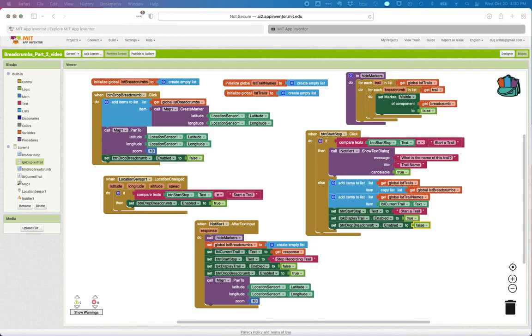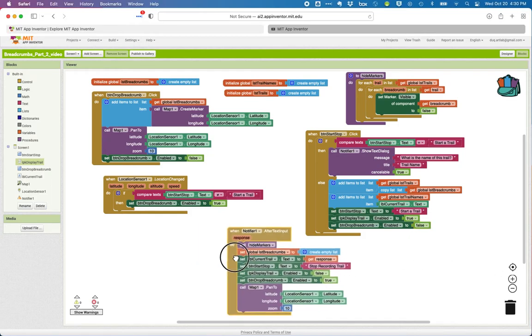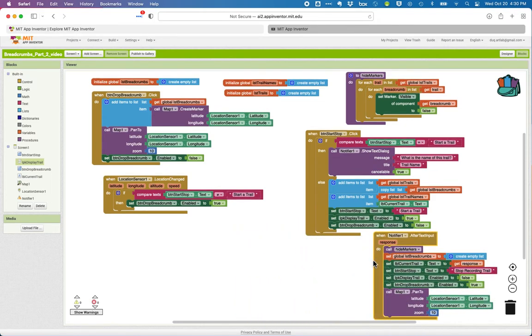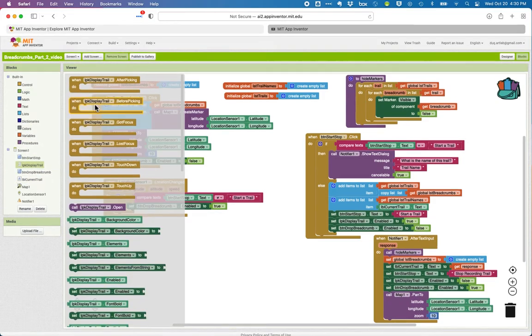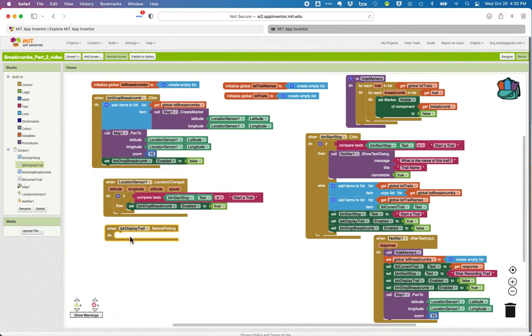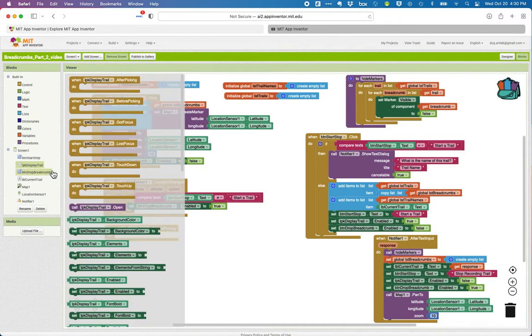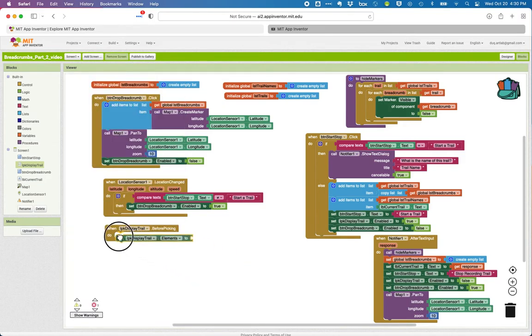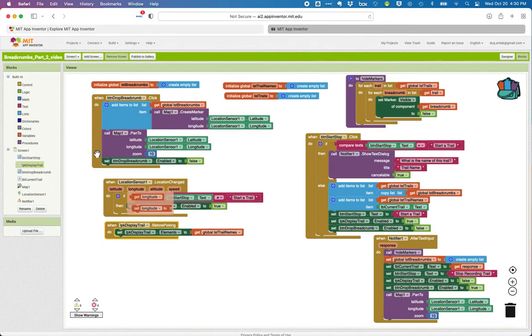Okay. Now, last piece of the app for part 3 is displaying a trail. And we're going to use the list picker for that. When the user presses on the display a list, I'm going to put the names of the trails that I have into my list. And those come from my list of trail names. The user will see a list of the trails that they've recorded, and when they choose one,